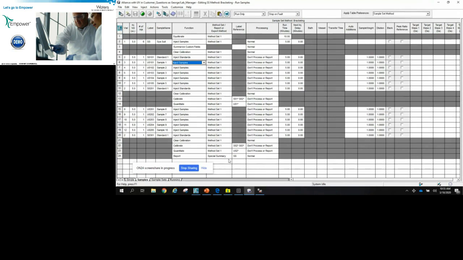So it's an efficient way of accomplishing method development, especially if you're doing a screening. You put it together in a sample set method with all the method sets, each one containing a different instrument method. Just be sure to put an equilibrate line in between each to re-equilibrate the column with a new set of conditions before you proceed to make the injection. So that's a great question. Thank you very much for that.